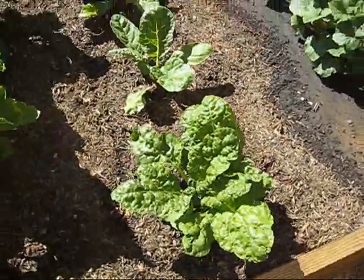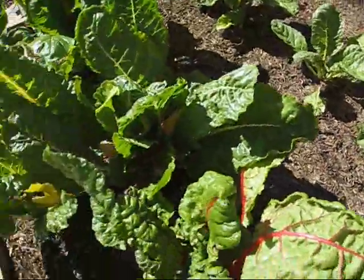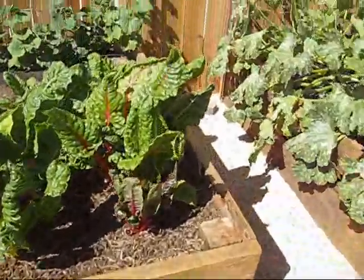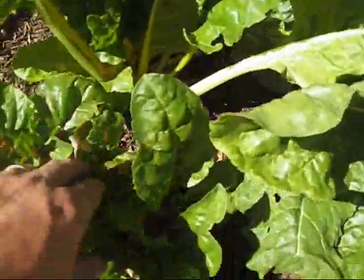What I really wanted to show everybody was my Swiss chard. This is the original Swiss chard that I bought as seedlings at the nursery. I had 6 plants, and I've been eating lots of it. I'm going to make myself a salad for dinner tonight. This one bolted, and I don't know if you can see that